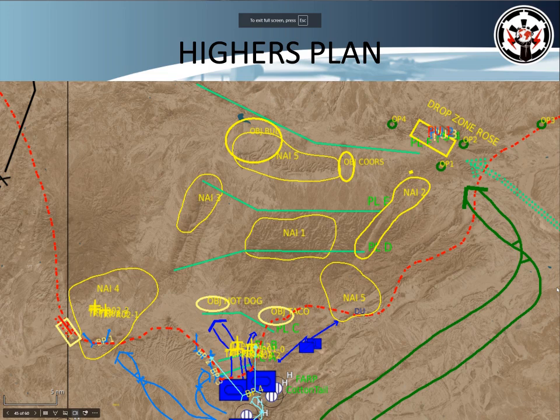So as you see here, understanding what the commander's intent is, what is the higher's plan, is really crucial. Where do we fit in the reconnaissance realm of what do we need to do? Why are we trying to gather this information? In NAI 5, what's so important about NAI 5? Oh, well, we need to find, are there any Scuds in NAI 2? So understanding what the commander's intent is, what the battle plan is, what the higher's plan overall is really crucial